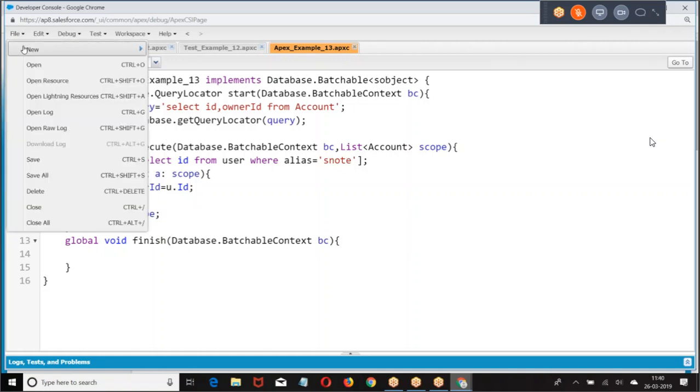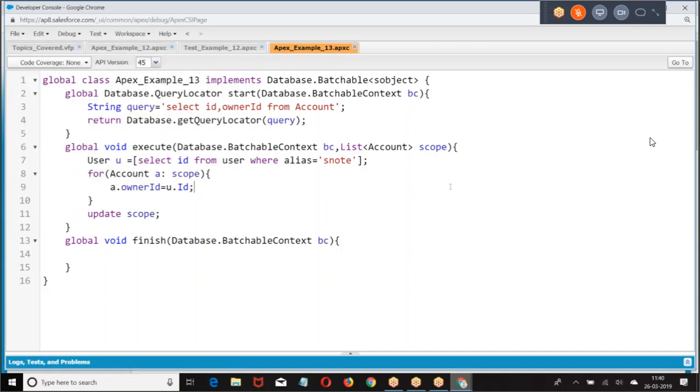Write the test class. First, you are supposed to create test data.